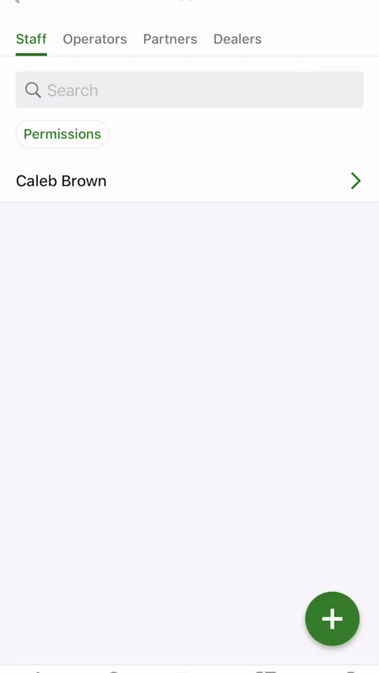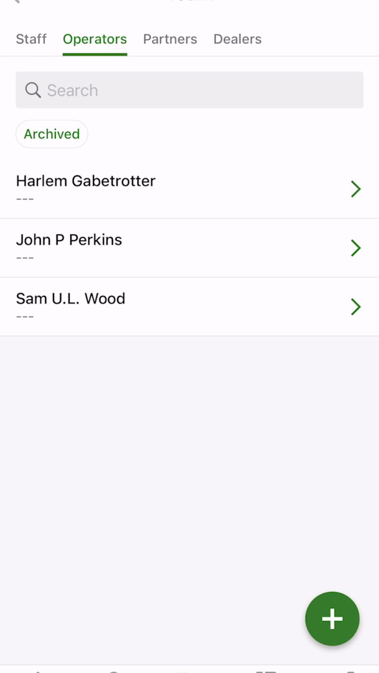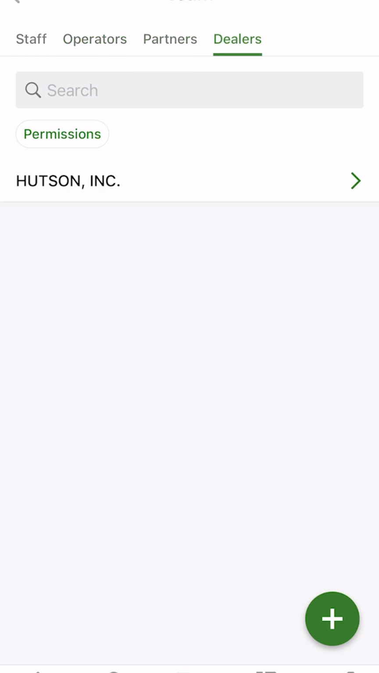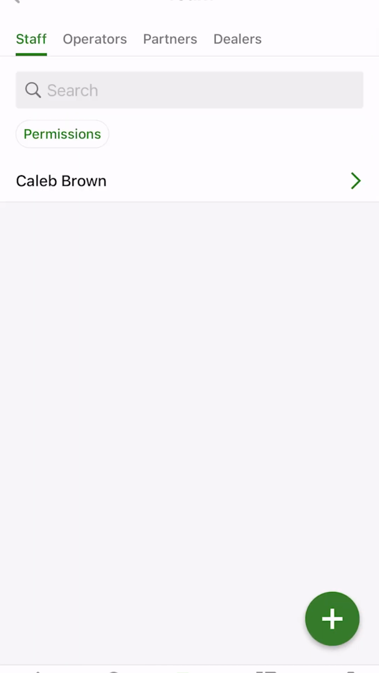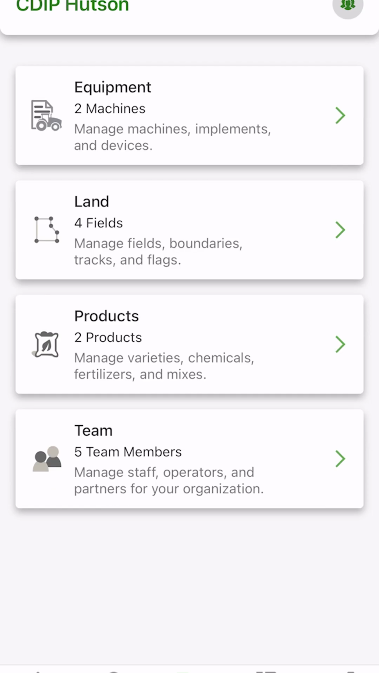Lastly, we'll talk about team. Again, you can come in and add staff members if you need to, operators, partners, dealers. You can also come in and manually add them if you need to. It'll take you to a direct link on the Operations Center website. Most time I just recommend to add these via the website, but you do have the option to do that